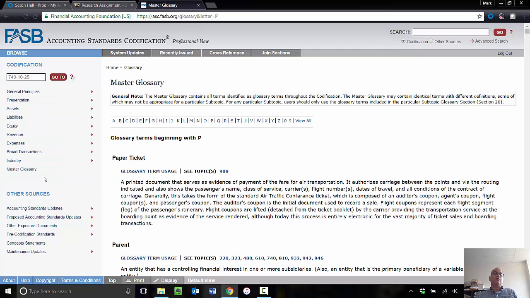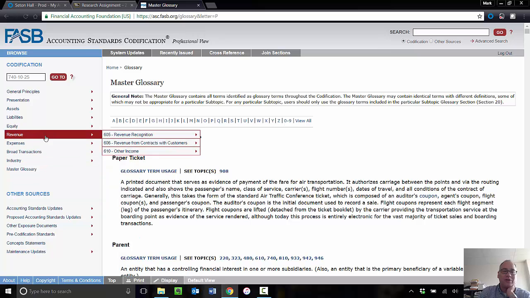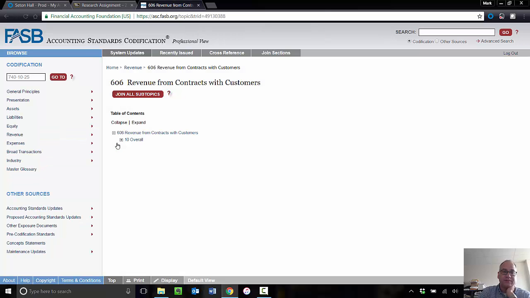And so the second approach to finding things would be to look here. So for example, suppose I'm interested in the new revenue recognition rules. So we go to revenue, the new rules is section 606. And all of the rules are in here. Now if you want to see them, you click on,